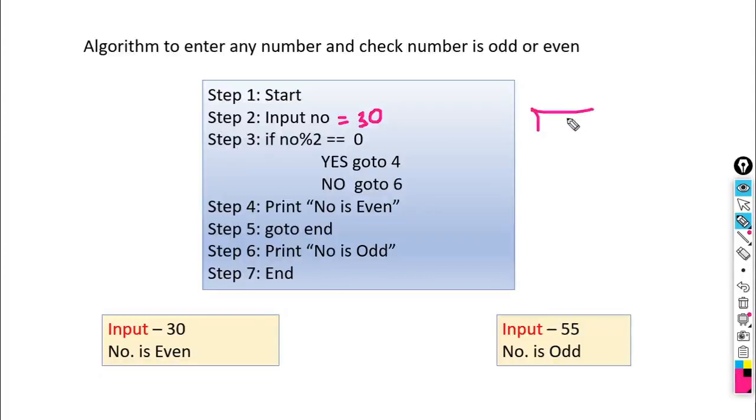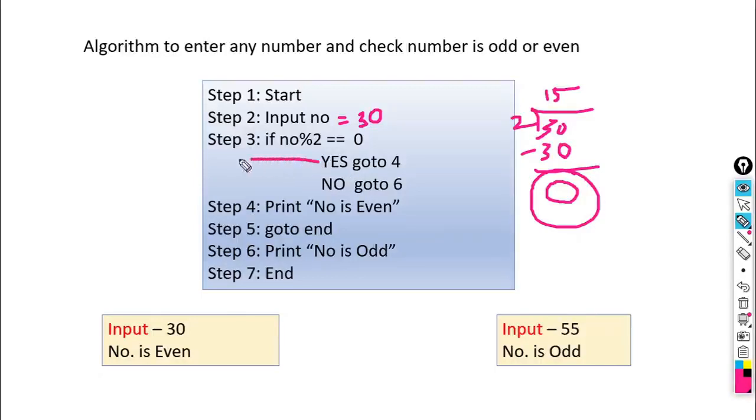So what will the remainder be here? Yes, it gives you 0, so it will check this remainder. If it is 0, then go to 4. So if the number given is 30, the remainder is 0, so it takes your control to step number 4, that is print number is even, go to end. So it gives the output: number is even.